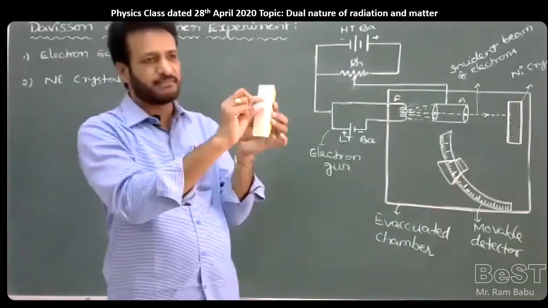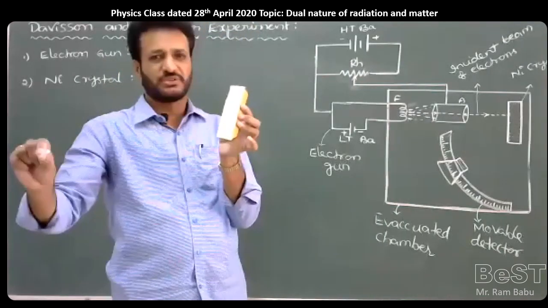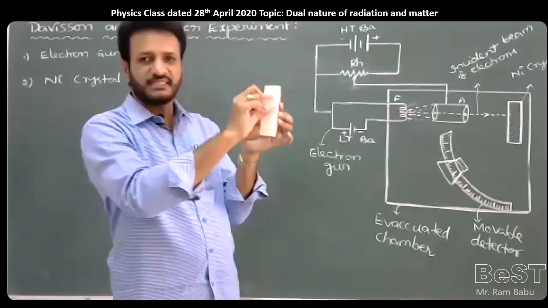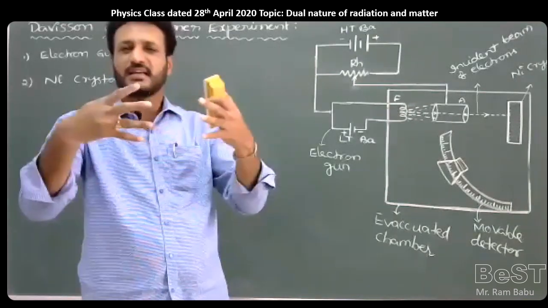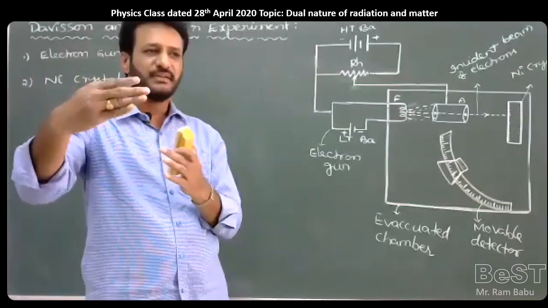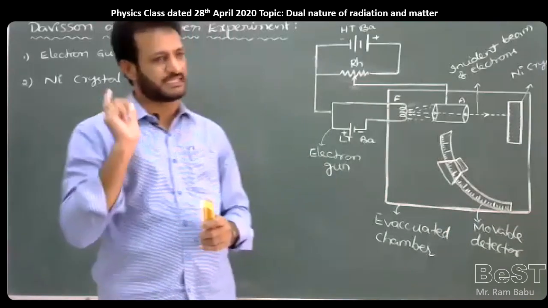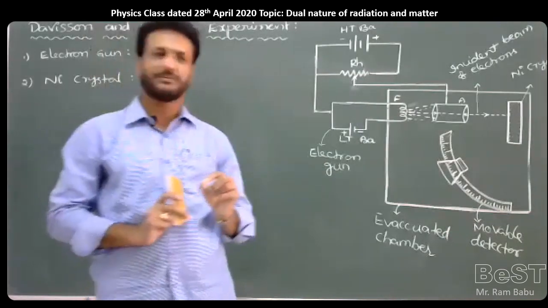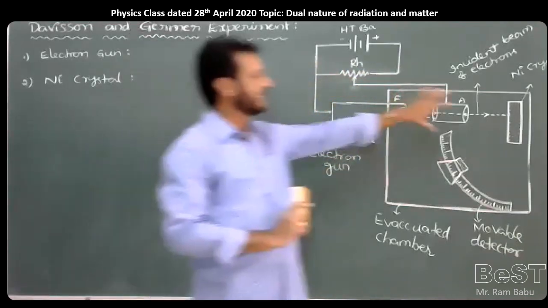The bent electron beam can again be scattered in all the possible directions like this. For example, the electron beams scattered in all the directions may be superposed. Whenever they superpose, the intensity varies between the maximum and the minimum. Constructive and destructive diffraction may take place. And diffraction is a property of waves. So we can prove the wave nature of the electron. That's why we selected a nickel crystal.